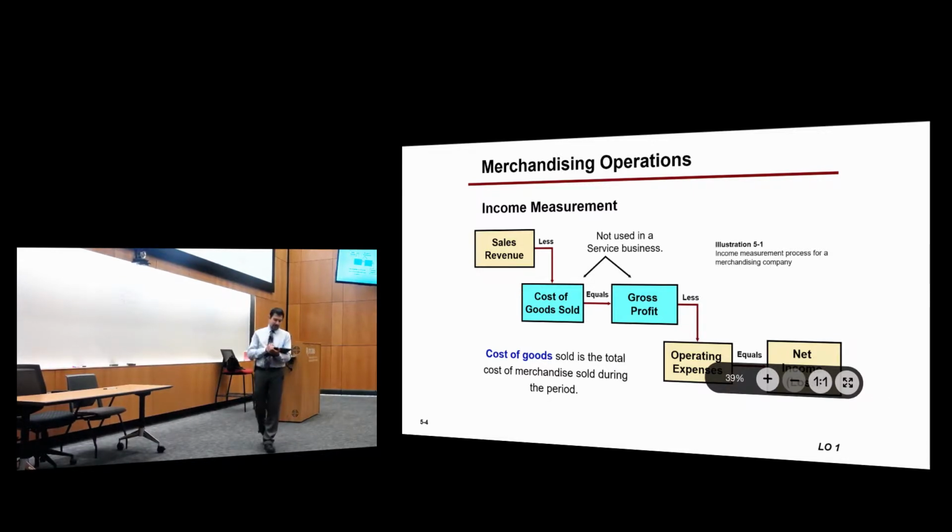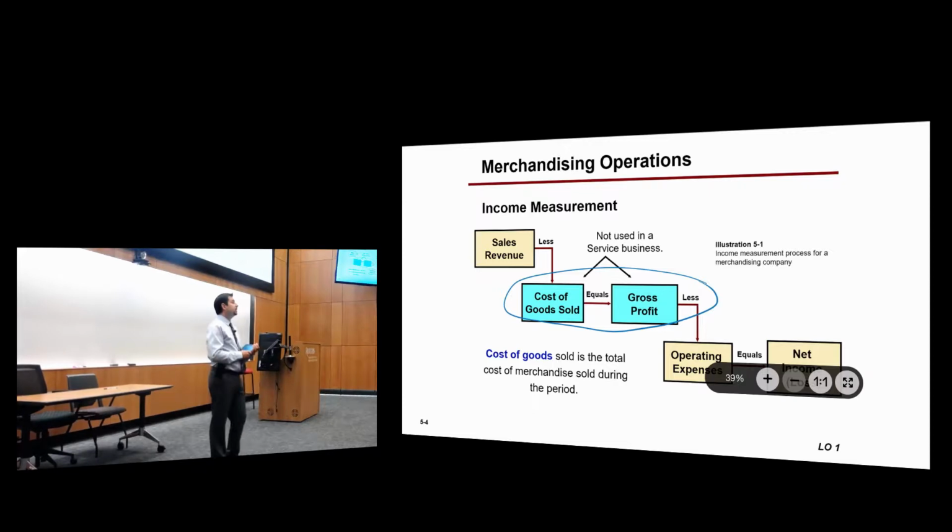In this case, there's an extra step here. This extra step is only for merchandising companies. This one includes the part where they will account for buying the inventory. So the cost of goods sold is the cost that Best Buy has to pay to purchase those TVs before they can actually sell them to you. So this is the cost to the company itself, the cost of the goods that the company will sell.